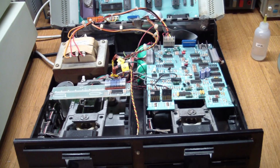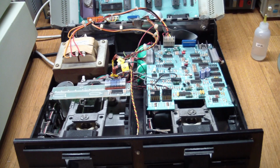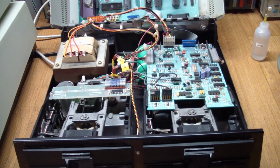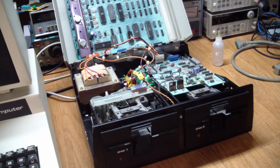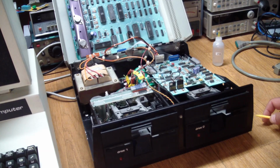And the way this works is when you put a disc in, when it detects the disc insertion, it briefly spins up the drives. So then I finally plugged in everything with the drives, and inserting a disc into either of the drives